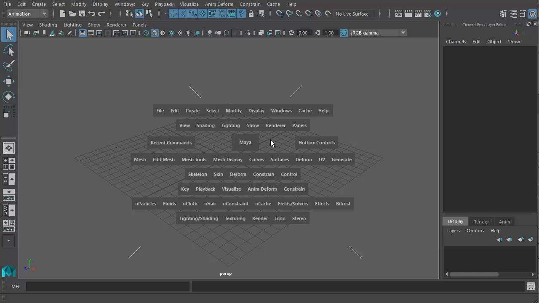Next, we'll talk about marking menus. Marking menus appear from nowhere. For example, if I click on this Maya button, it will show us some extra menus. These are called the marking menus. Now, these marking menus are also context sensitive, which means depending on where you're clicking, it would give you different